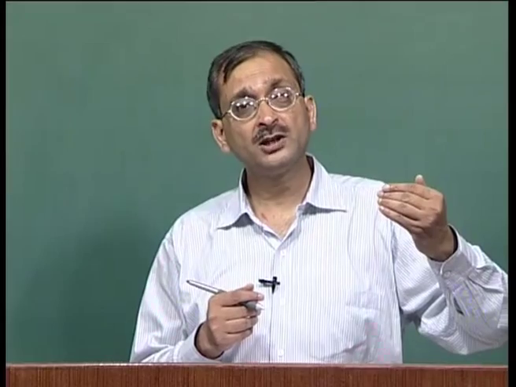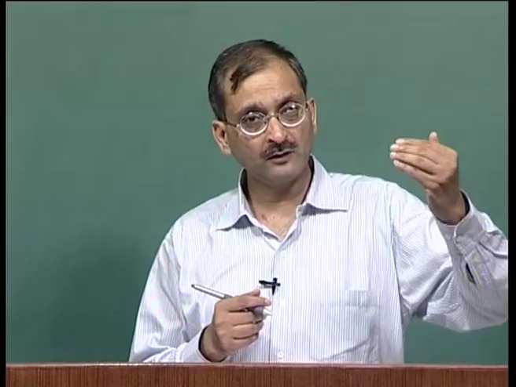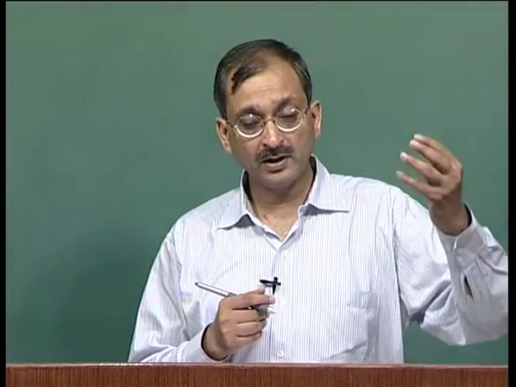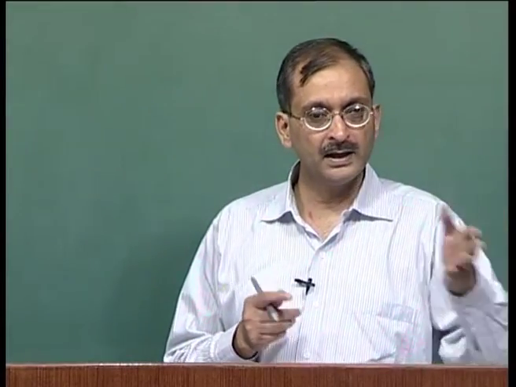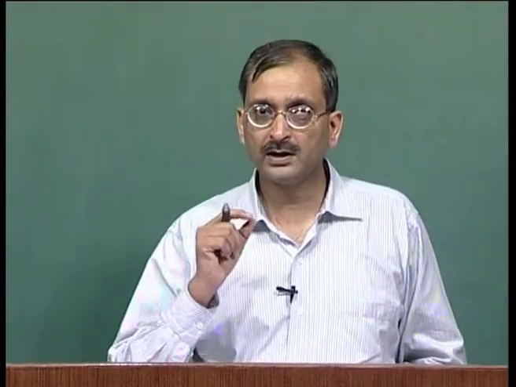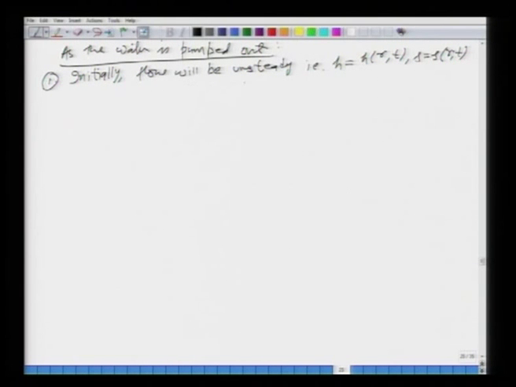You started pumping water from the pumping well, and then you observe the drawdown or the water surface elevation in the observation well. Initially it will start to go down. As a function of time it will be decreasing, so initially it will be an unsteady process, and that will be true for any radial distance R. If you have many observation wells, in each of them at every R things will be unsteady initially. So, the groundwater table and the drawdowns will be changing, and the area of your cone of depression will be increasing at a certain rate. So, initially the flow will be unsteady, that is to say both H and S will be functions of both R and T.